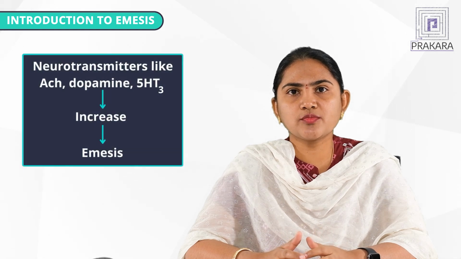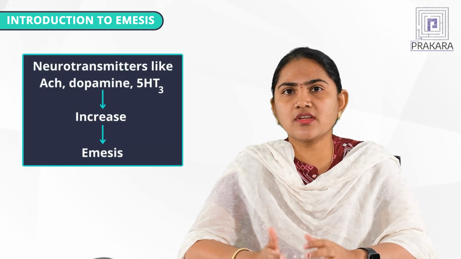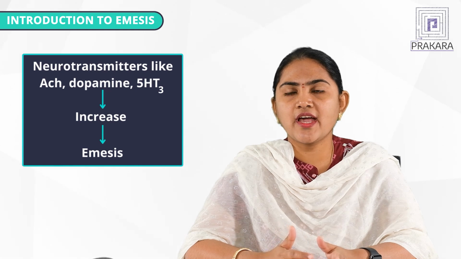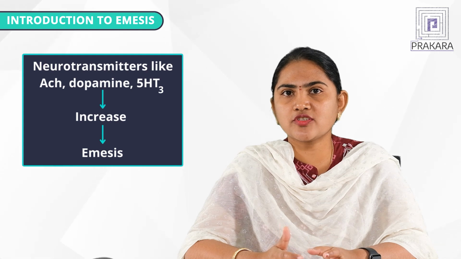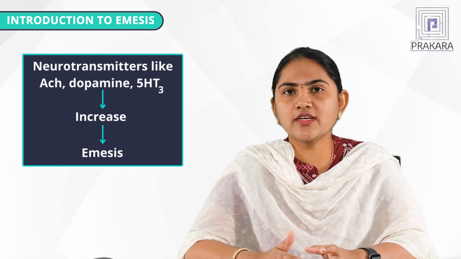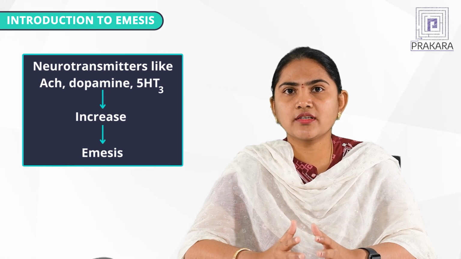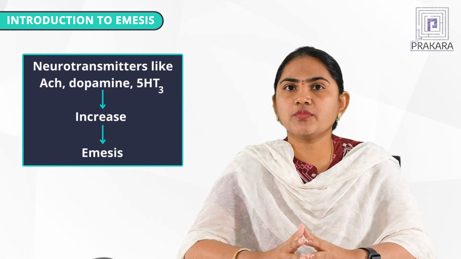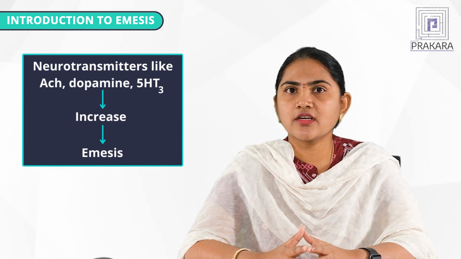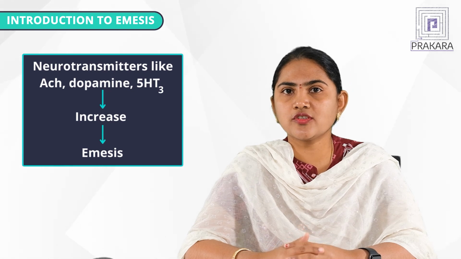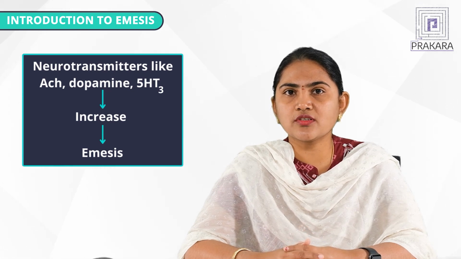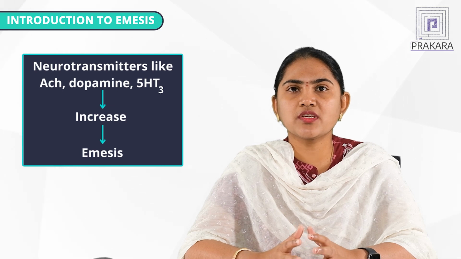Let us further understand the mechanism involved in emesis. The neurotransmitters which could trigger emesis may involve acetylcholine, dopamine, 5-HT, and in the majority of cases histamine is more related, along with 5-HT3, in emesis. So generally, when a person is exposed to these types of chemicals or odors, or emotional distress, or in some cases travel for a long period of time, or GIT disturbance or distress, any of these neurotransmitters could be further increased, which may result in emesis.